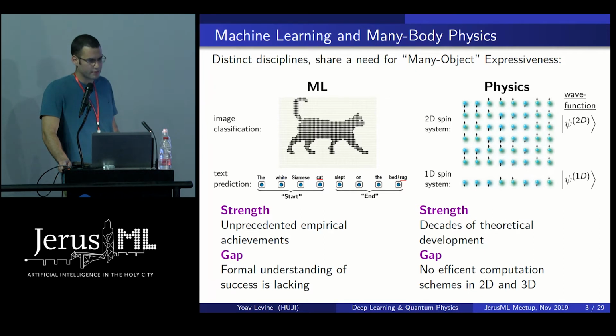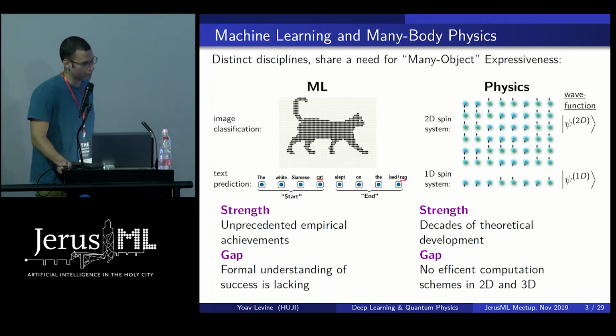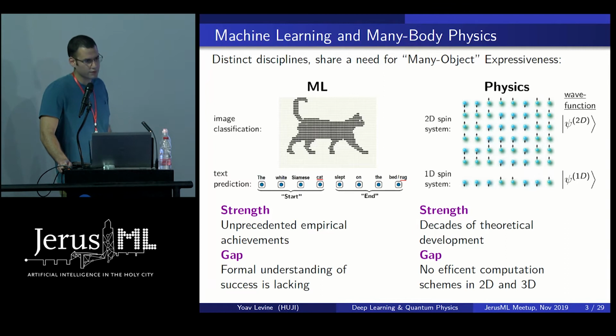So in machine learning, it's obvious that we now have very strong architectures that have solved hard problems in the past several years. And in physics, there's actually a need for such strong computational tools, because there are currently unattainable quantum phenomena, mostly in 2 and 3 dimensions. A lot of what's solvable now in many-body quantum physics is only 1D systems, which are far from reality, and there's a strong need there for powerful architectures. We show that deep learning architectures are fit more than any other architecture for these tasks, and we actually apply them to such